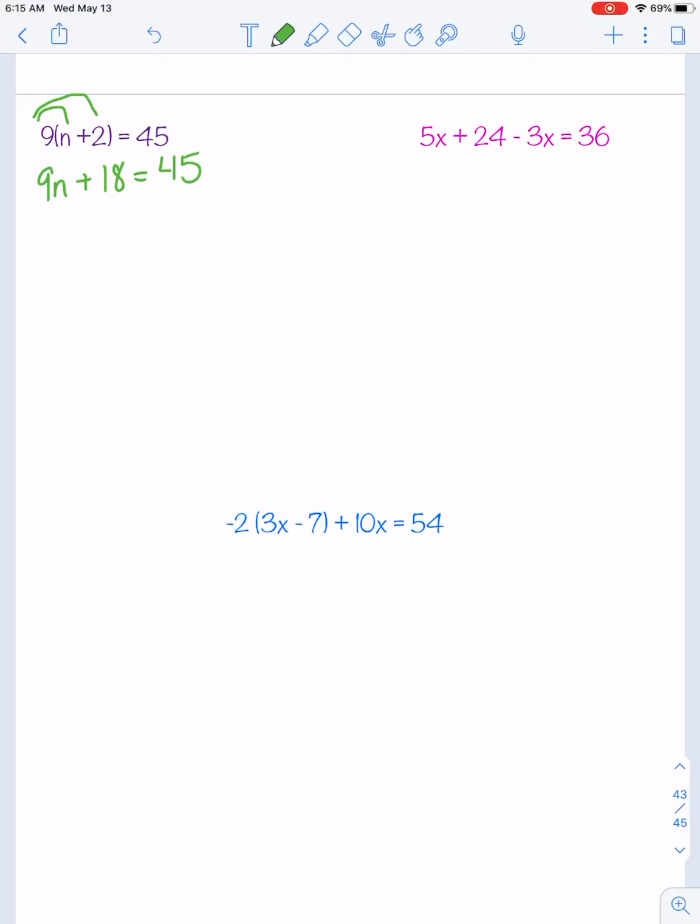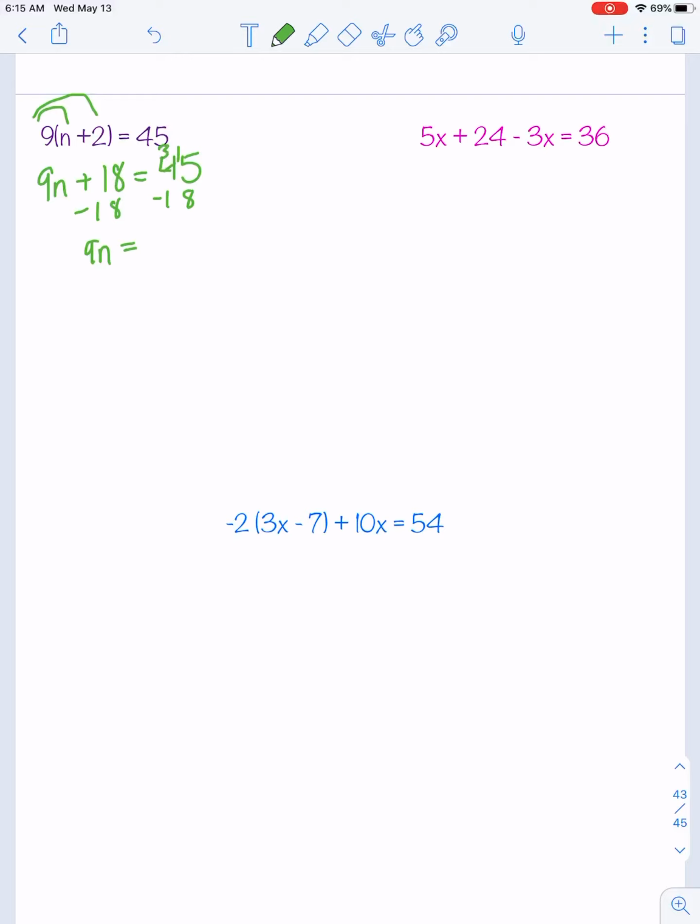So now I can isolate my coefficient and my variable by doing my inverse operations. So minus 18 from each side. So I have 9n left on the left. And 45 minus 18,